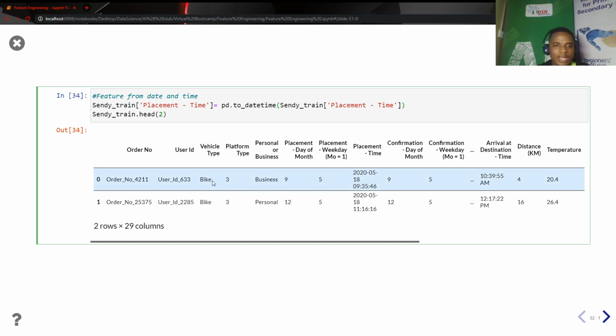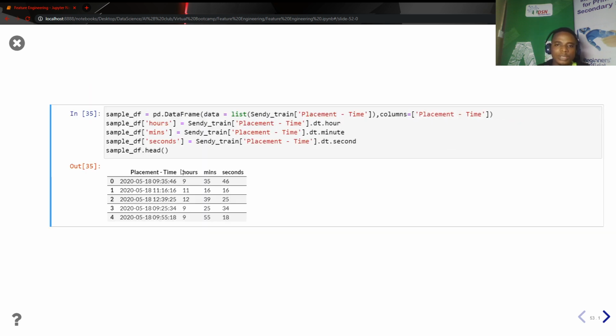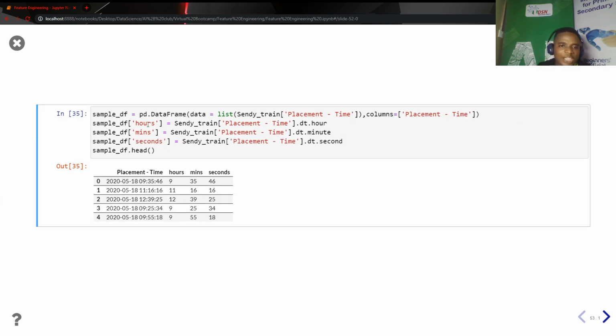Now from that, I can try to extract the hour at which that transaction was performed, the minute at which it was performed, the seconds at which it was performed. For instance, you will see that the placement time has date and time. And in the time we have hour, minute and seconds. So now if I put this into a machine learning model, it will not function well. It won't even be able to